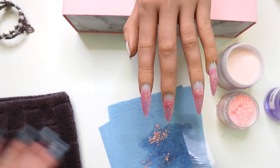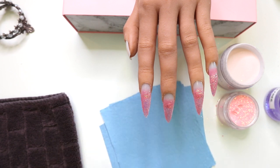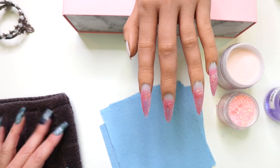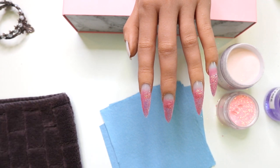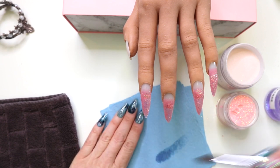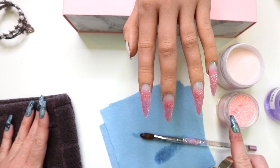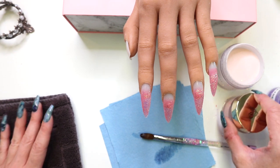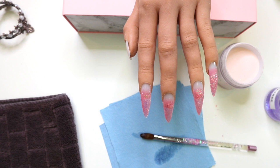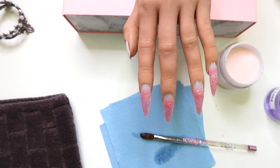Okay, so I've got my crush on there. I'm going to add another piece of paper down, my blue shop towel that I use, just to be able to get rid of all that glitter. Wipe my brush off. I'm going to put the cover on my crush so that I don't spill it. And I'm going to get out my